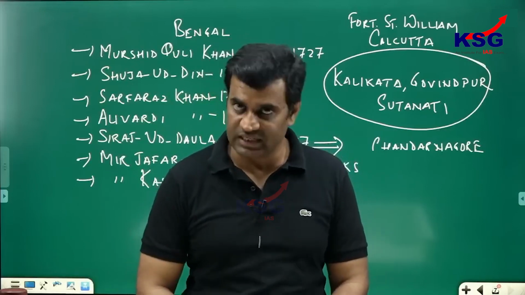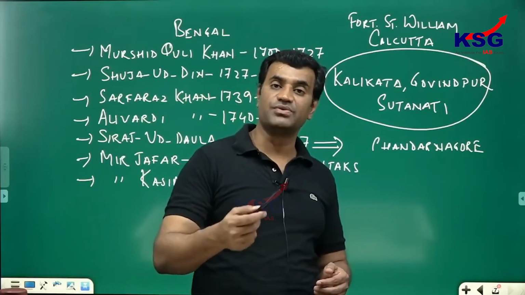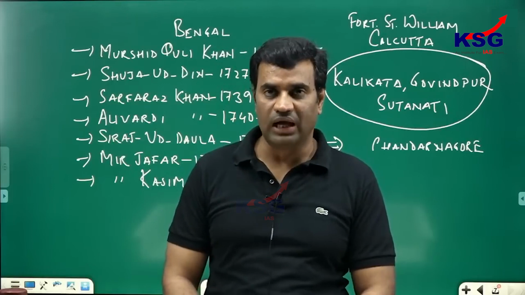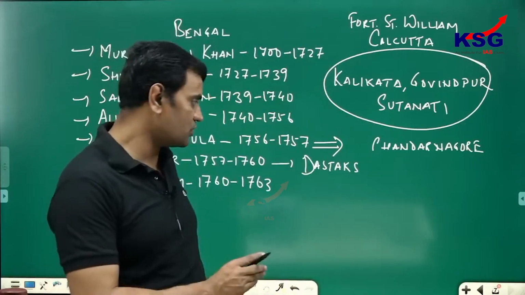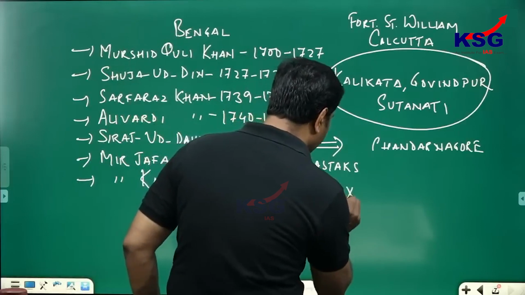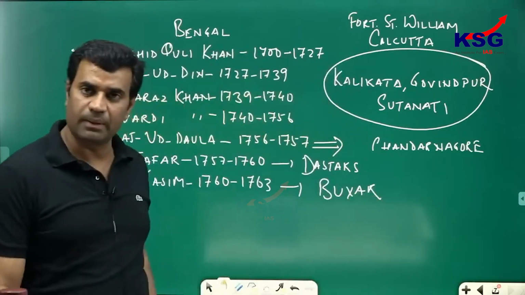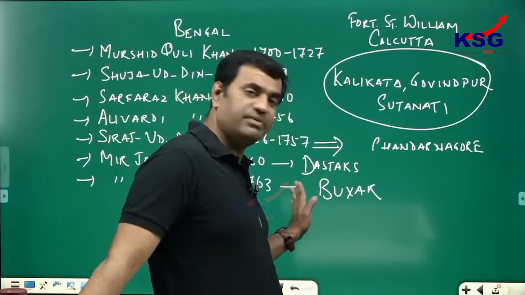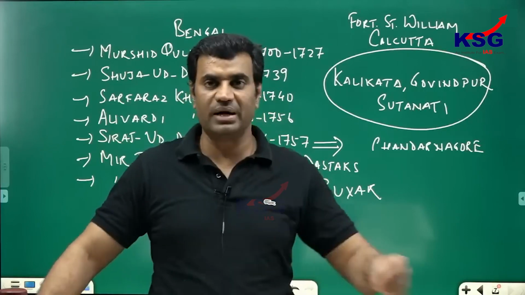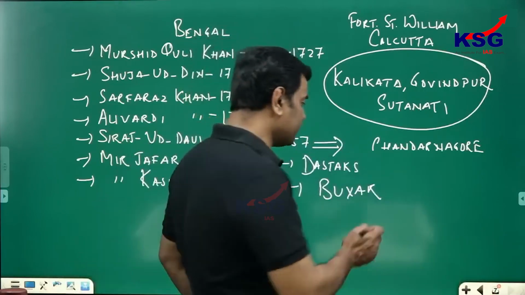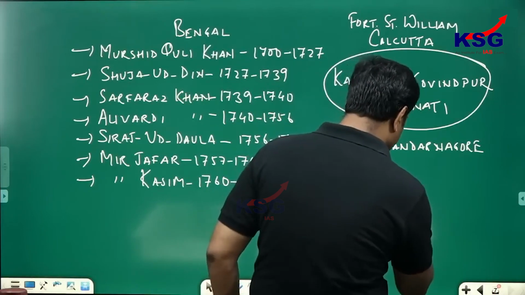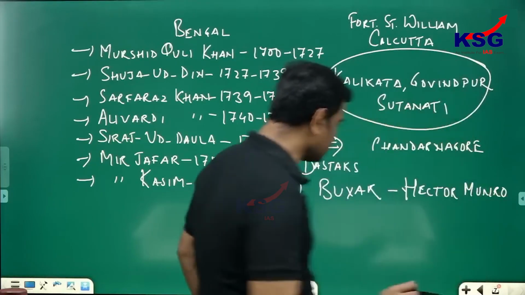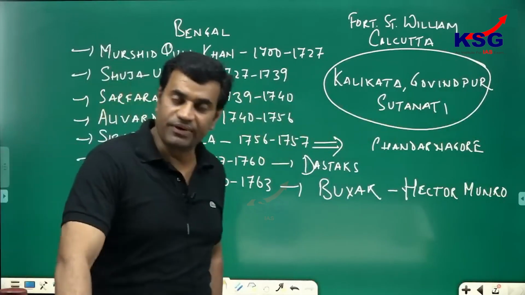Mir Qasim stepped down in 1763, but he decided to take revenge on the British, and thereafter Mir Qasim made an alliance with Mughal Emperor Shah Alam II and the ruler of Awadh, Shuja-ud-Daulah, and the three powers clashed against the British forces in the battlefield of Buxar. Clear? In this Battle of Buxar, fought between the British and three Indian powers, the Indian forces were defeated by a British officer known as Major Hector Munro.